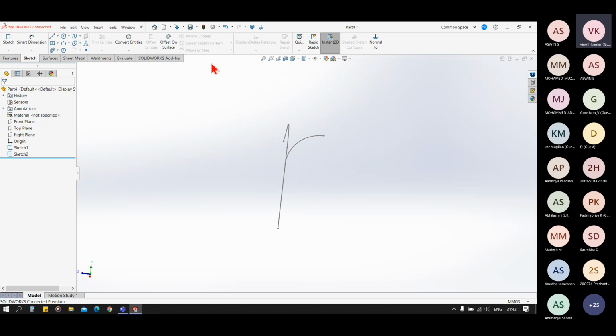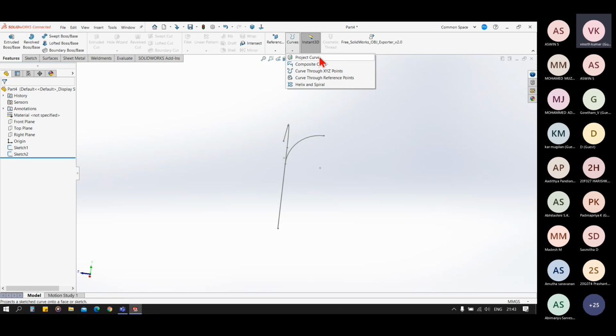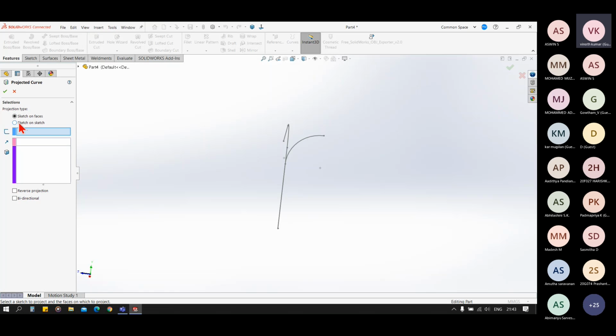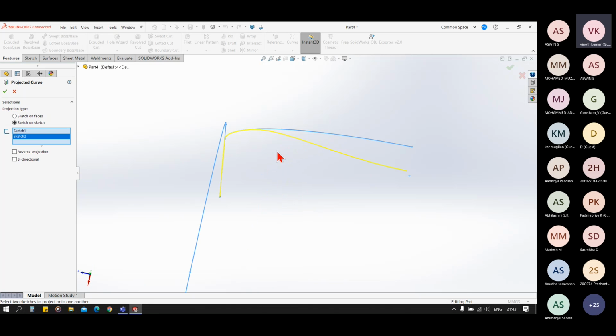Okay, now we will use projecting one sketch on the other sketch. Now in the project curve we have sketch on sketch command. In that case we just have to select this sketch and this sketch, and you can see the preview of our final design.